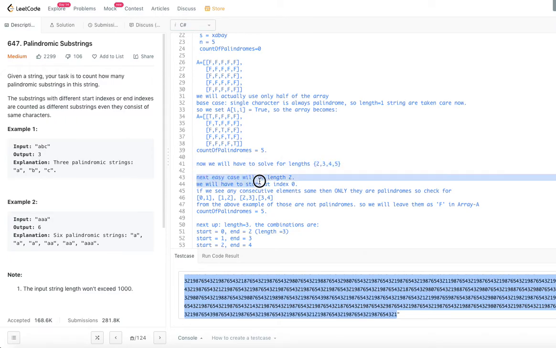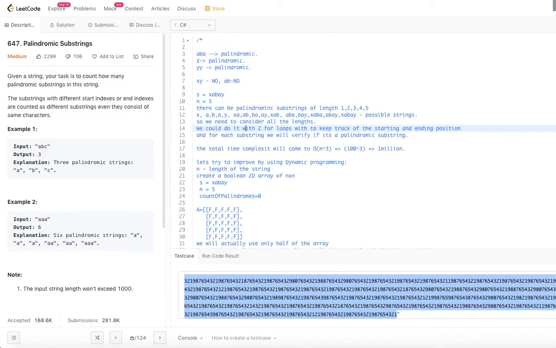So next easy case will be 2. So what is the 2? 2 should be the characters next to each other, right? So 0, 1, 1, 2, 2, 3, 3, 4. So these are the possible strings. That's what we gave here, right? XA, AB, BA, AY. So these are the possible